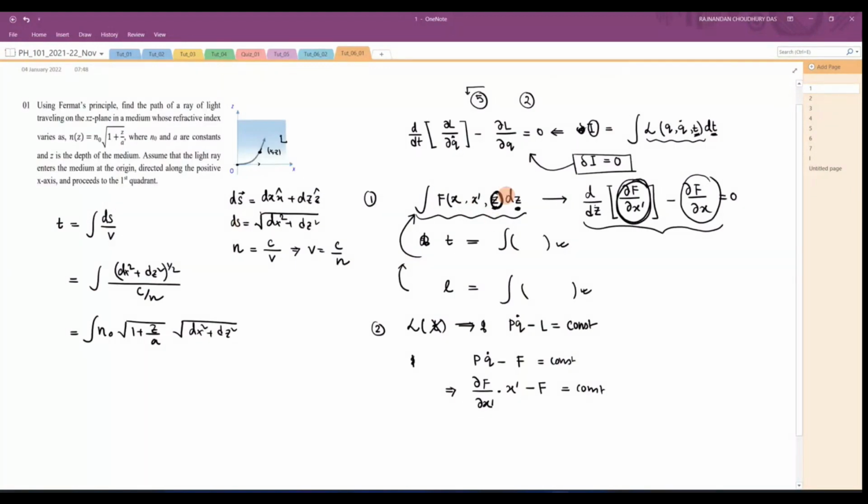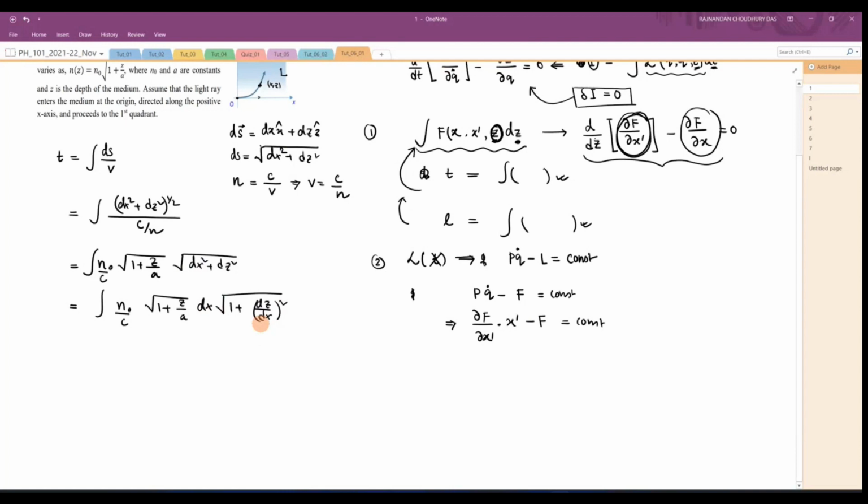Now we want to write this integral in terms of this form. There is dx and dz both, so we can either write it like this. Bhaiya, you missed divide by c. Yes, divide by c here, thank you, for z by a. And here either we take dx out or we can take dz out. Let me take dx out first. So it will become 1 plus dz by dx whole square. So here you can write dz by dx to be equal to z prime.